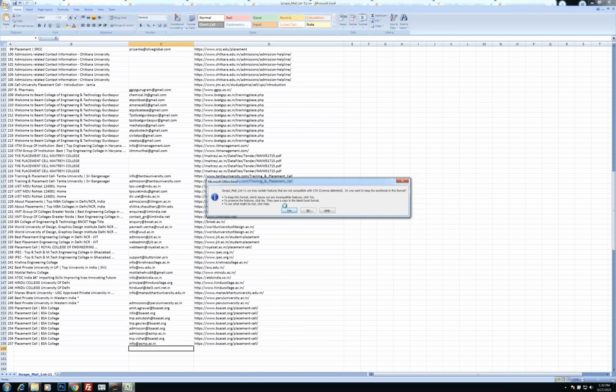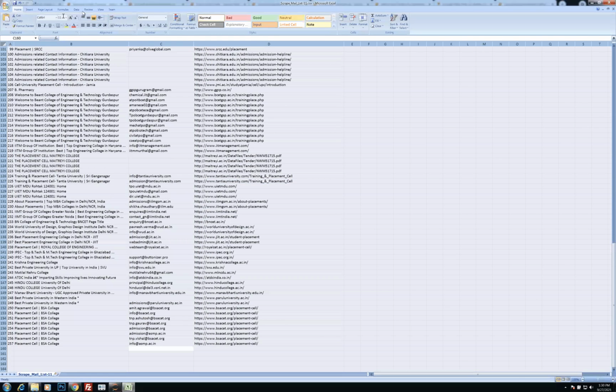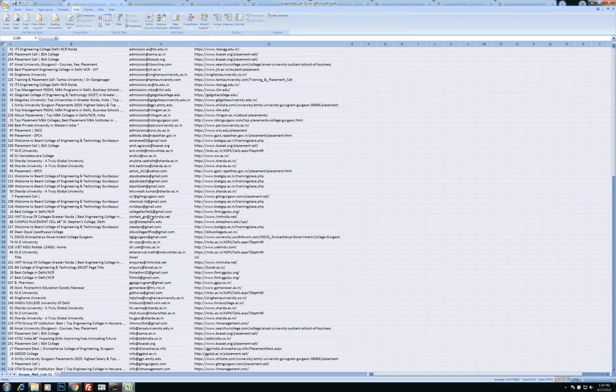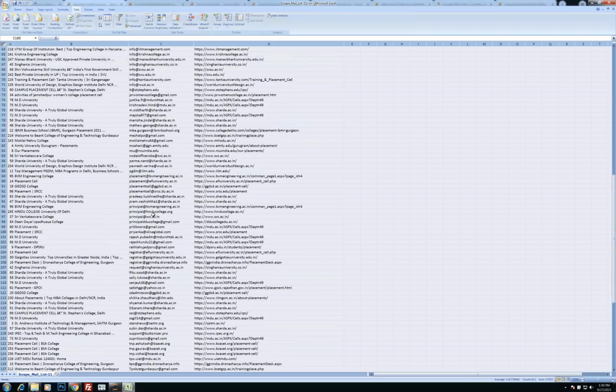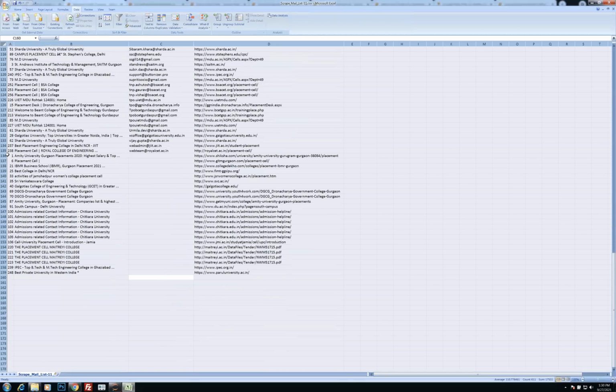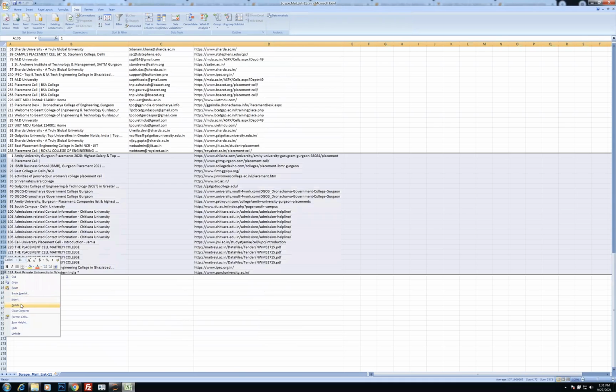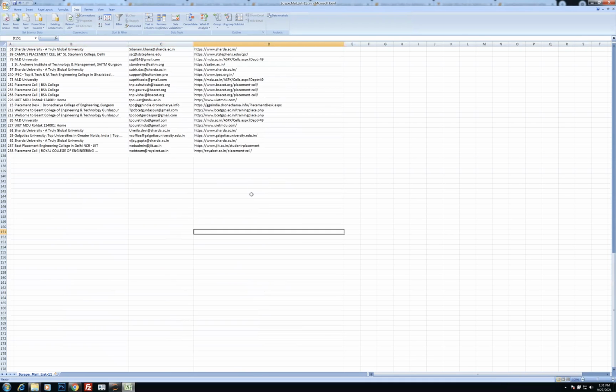I'm going to save it. Then I can quickly select and sort it, sort by column C with emails. Once I sort it, I'm going to get the last ones as empty, so I'm going to delete these, which might be some bad interpretations. So this is the final list saved in my machine, which is known as scrape mail list 11.csv.